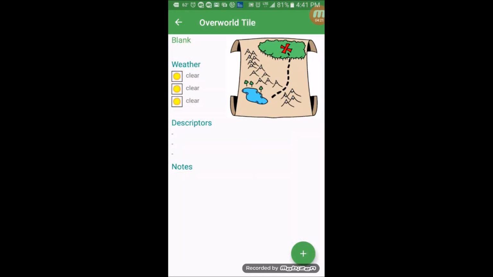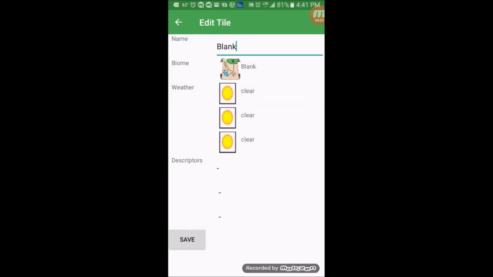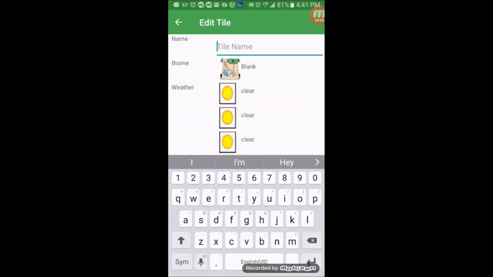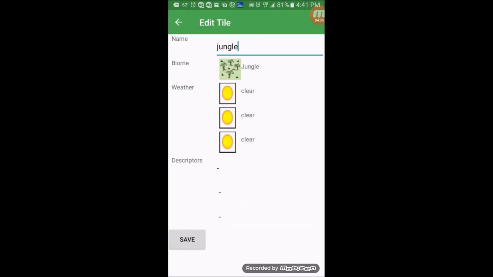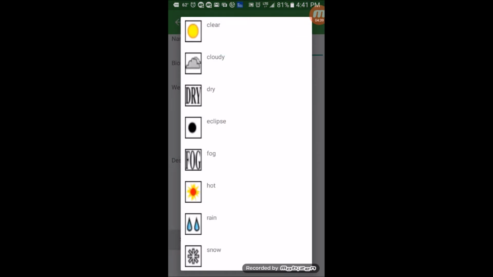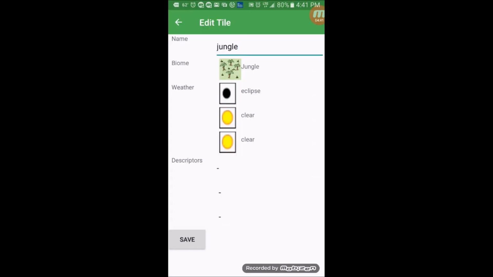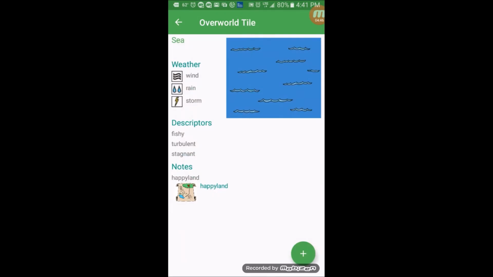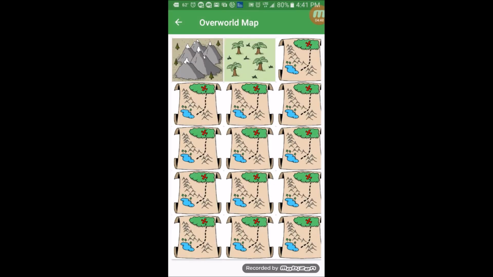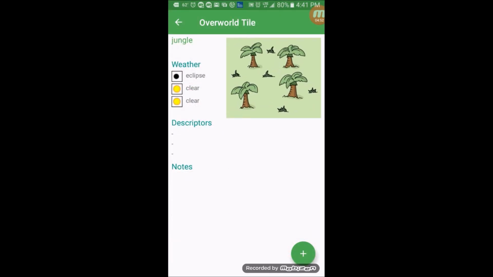Same thing. We are going to name this one, let's name this Jungle. And let's change the tile to a jungle tile. And again, we won't mess with the weather or descriptions. We could if we wanted. Let's go and change it to Eclipse or something. All right, we'll save it. Again, it hasn't refreshed, but we just jump back and go back into the map, and now it has. And so we have our jungle tile that we just created. And from here, you could go in